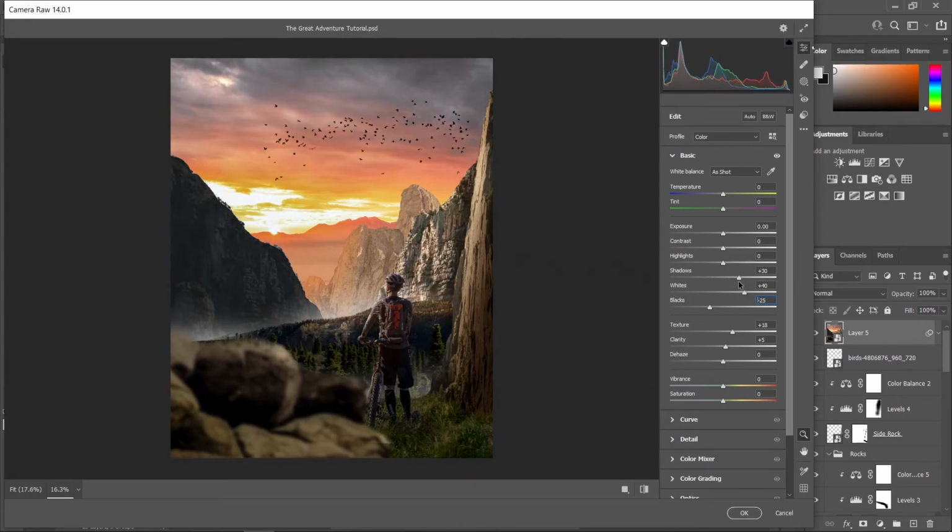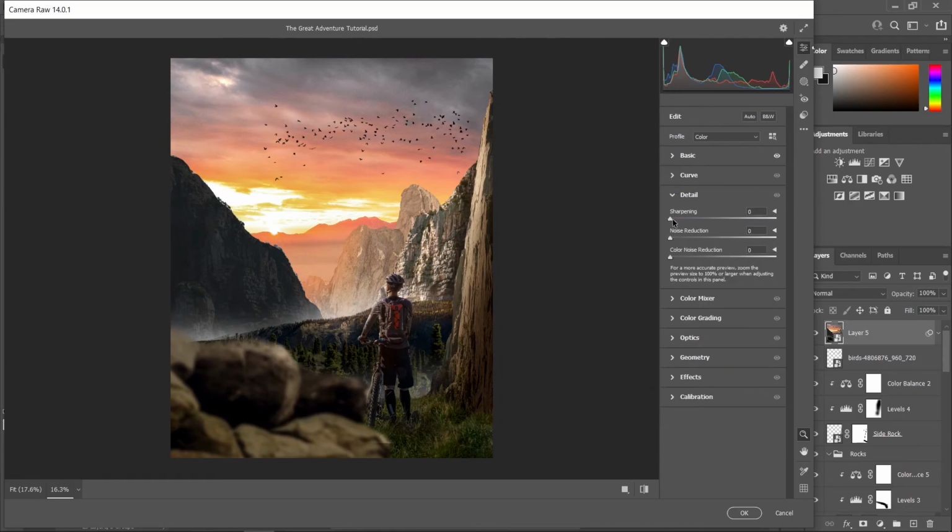And for the shadows, I think it's just really too dark, so let's bring up the shadows a bit. So I think 20 will do for this one. And then for the highlights, let's give it a 30. And for the exposure, I think I'm gonna give it a 5 just to make it a little bit brighter. For the detail, I'm gonna give it a sharpening of about 40 and a noise reduction of about 20